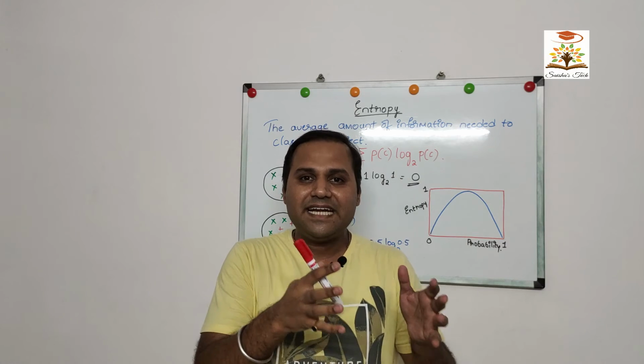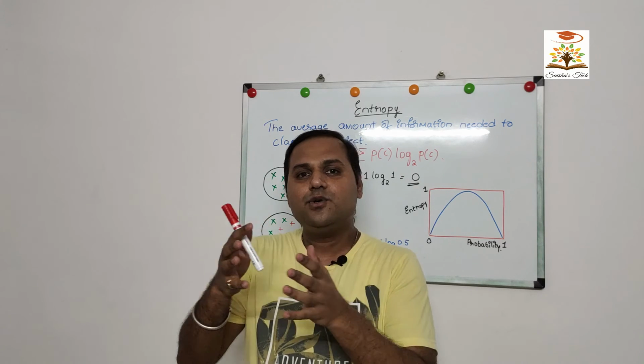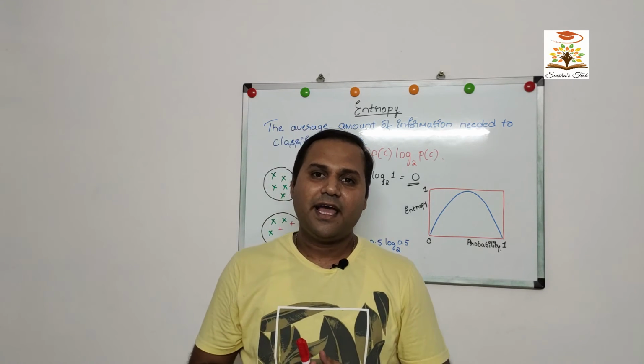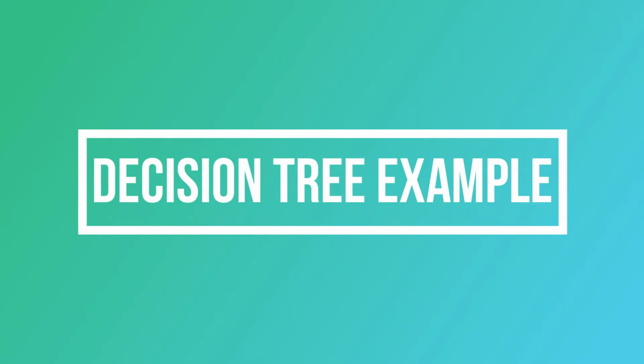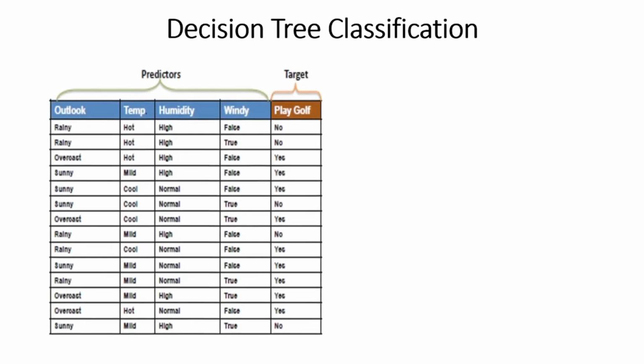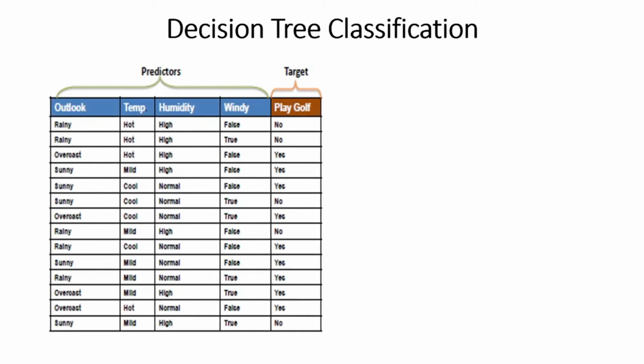As we have understood the concepts of entropy and information gain, let us use these concepts and implement a dataset conversion into a tree on an example. Let us utilize the information and entropy understandings on a data set to build a decision tree classification model. We have considered a data set which has 4 independent attributes: outlook, temperature, humidity and windy, with the target attribute whether to play golf or not.